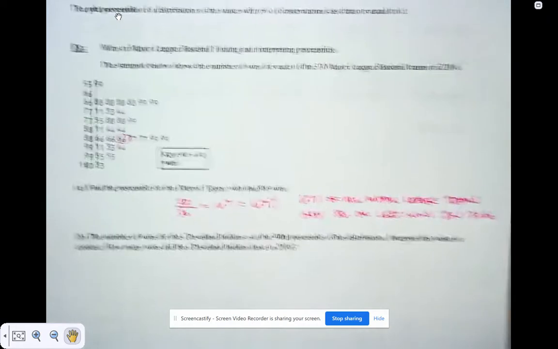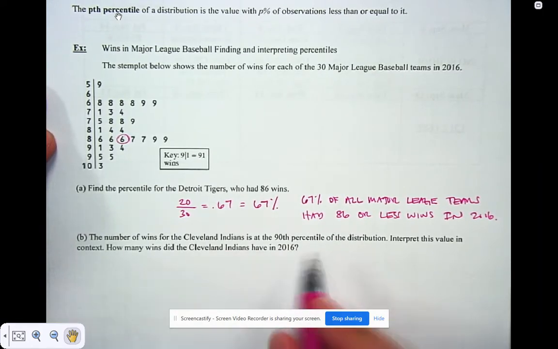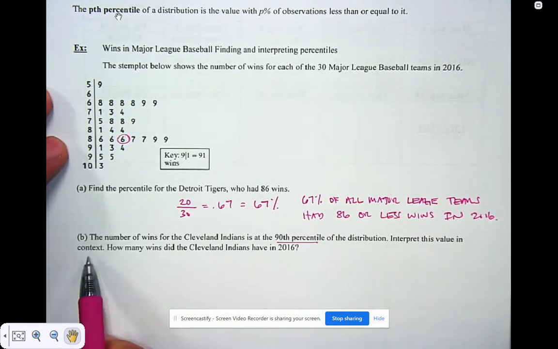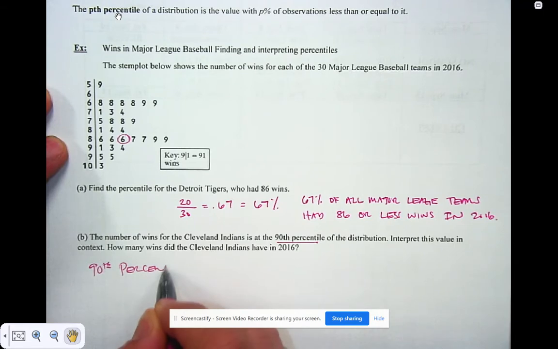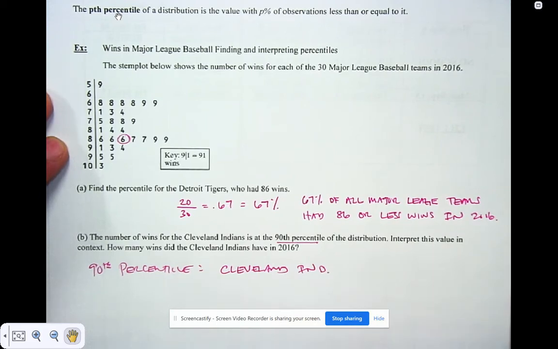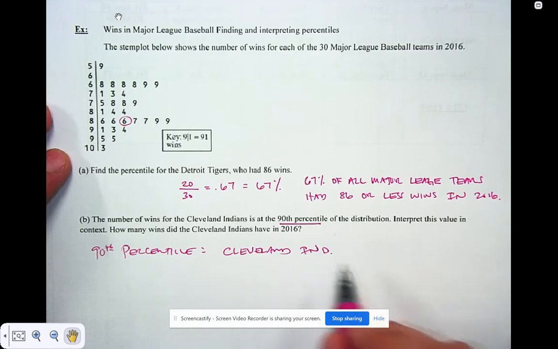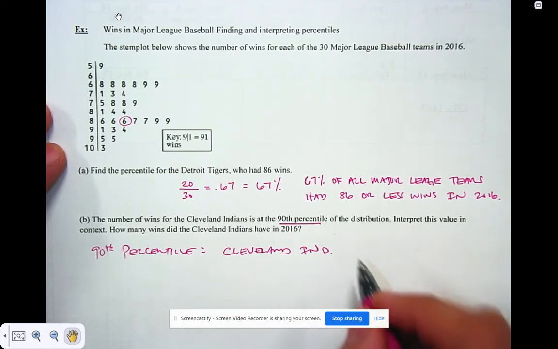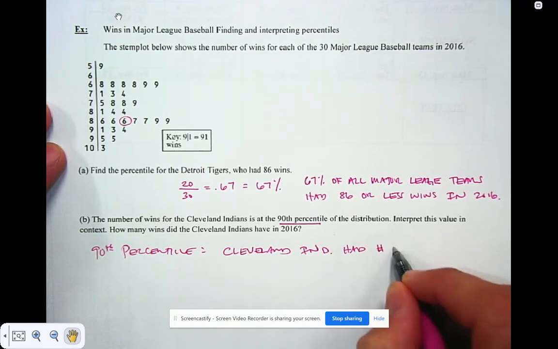Then the second part here is they say, all right, well, the number of wins for the Cleveland Indians is at the 90th percentile. So if they're at the 90th percentile, interpret this value in context. So 90th percentile means that the Cleveland Indians, how do we want to say this here? So the Cleveland Indians had a number of wins,